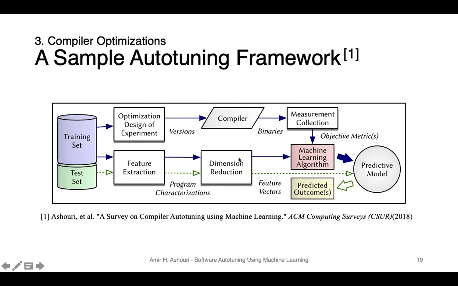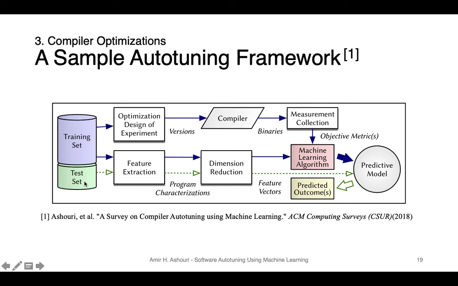And then an optional component within this process could be dimension reduction, PCA, factor analysis, or other techniques. And then we feed both cases to the machine learning model, and it's going to construct a predictive model for us. Then we use the predictive model in our test examples, those unseen applications that we are interested to optimize.